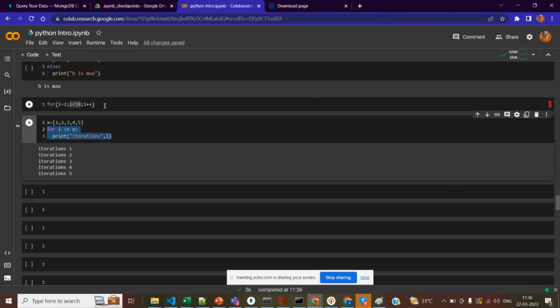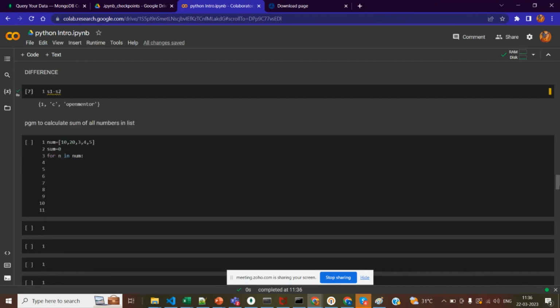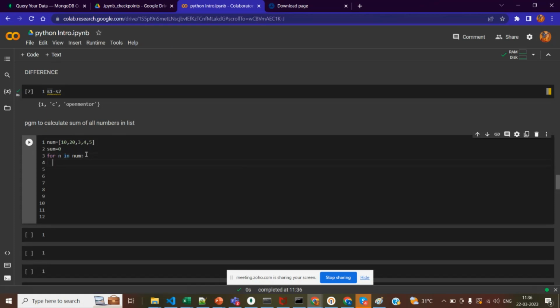So here we have compared the traditional for loop with the Python for loop. The same thing. So here what we are going to do is, in order to get the sum of all numbers in the list,